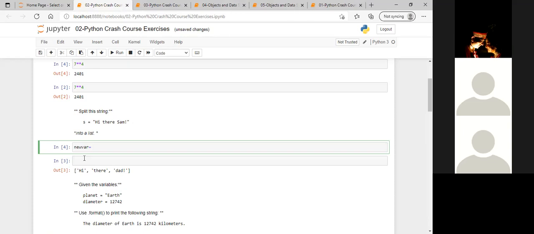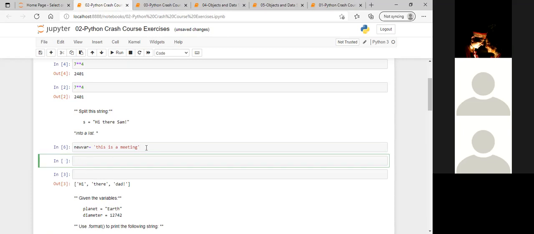First we have to define the string, right? So I can read from my screen that it is written S is equal to hi there Sam. Now I have to tell the computer, so put this inside quotes, because a string is everything inside quotes. Now run it with Alt Enter because we need a new line. And now print new var. Just write new var and Control Enter. Print is also fine, and new var alone is fine too, because if you run only one thing in one line, you will see the output.